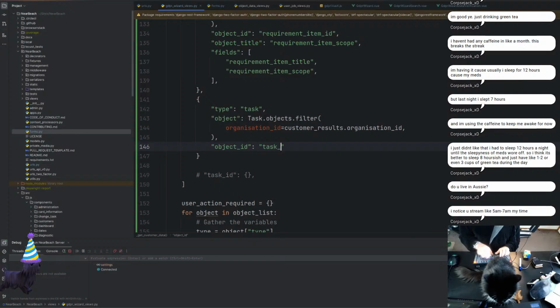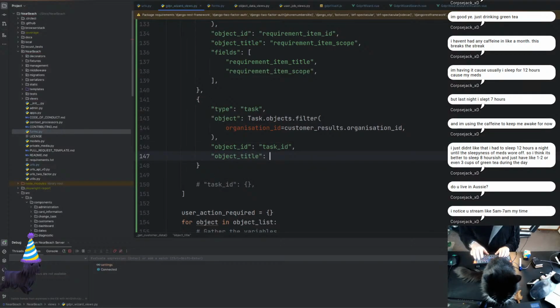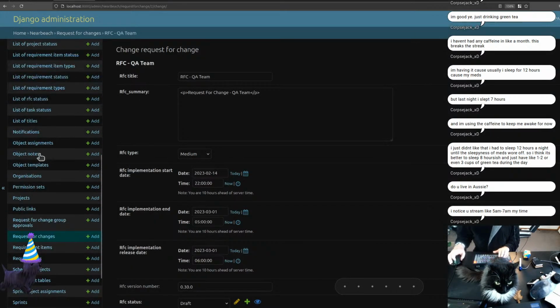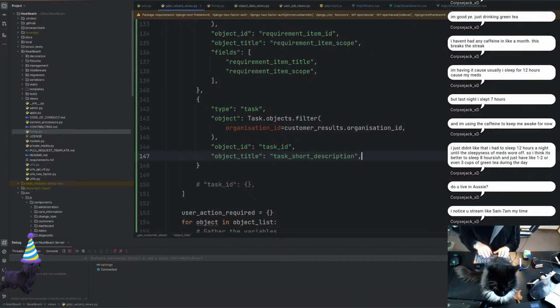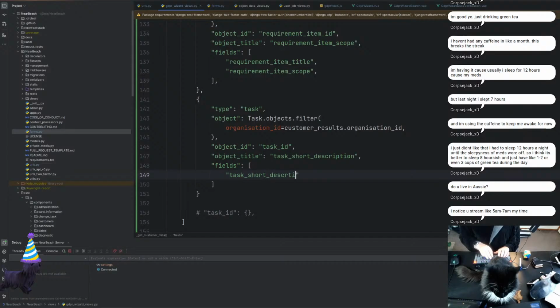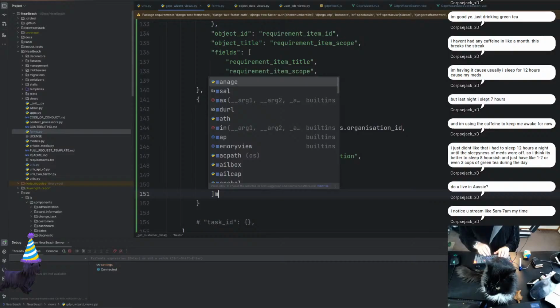Then we've got object ID, and that's going to be task ID, and then we've got the object title, which this is the most silliest one I had to do, task short description. I'm just double checking that. I'm going to assume that's a yes. And then from there, we've got our fields, and we'll have the task short description. And task description. So yes,